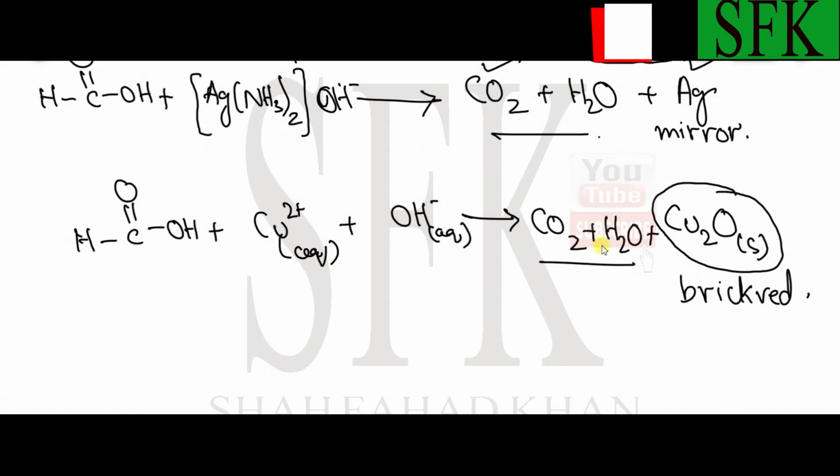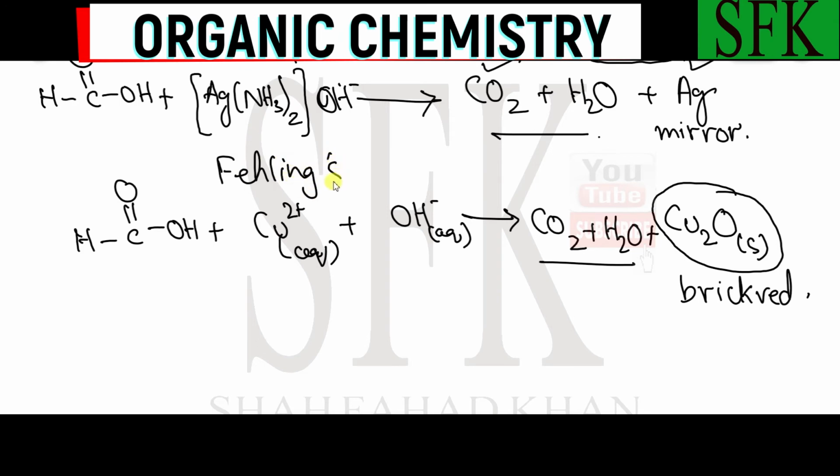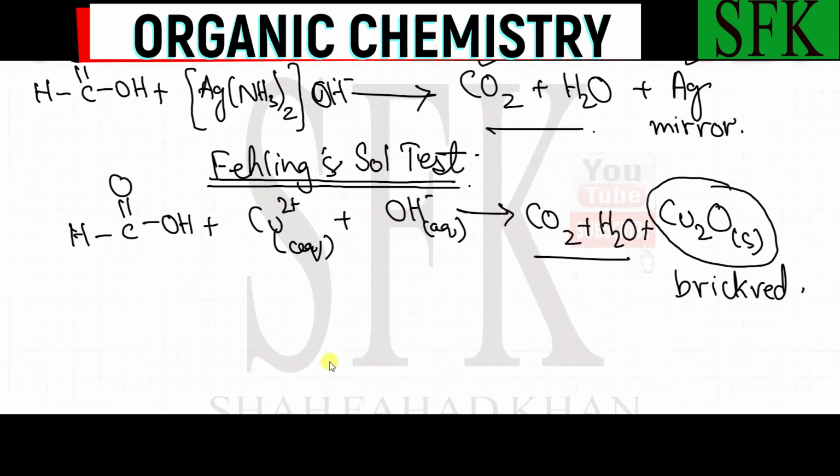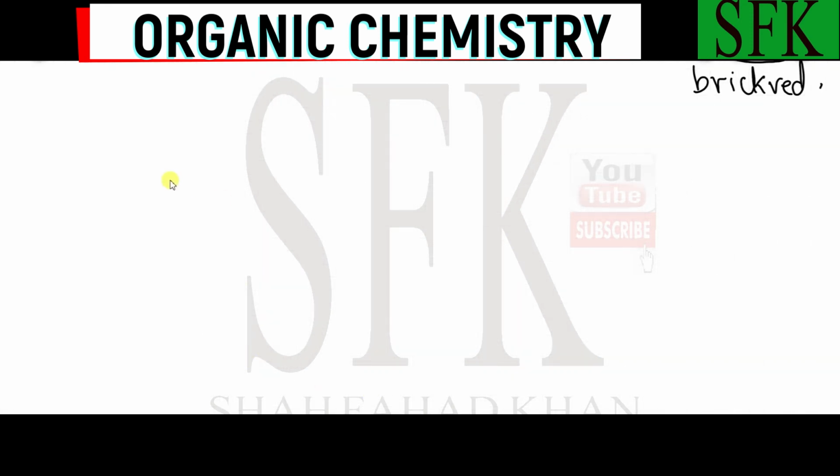And then Fehling's test also gives a brick red precipitate. Fehling's test does give a brick red precipitate, and this is also an oxidation reaction, or you may also call it a redox reaction, in which the methanoic acid gets oxidized to carbon dioxide and water again. Now, the next important acid that we are going to talk about is the ethane dioic acid,